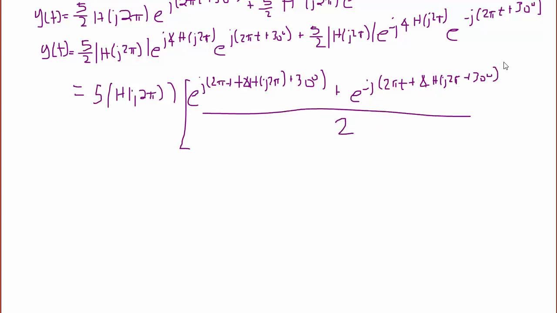What you should see here is that this part in the bracket is Euler's identity for a cosine. So we can rewrite this as 5 times the magnitude of H(j2π) times the cosine of 2πt plus the angle H(j2π)